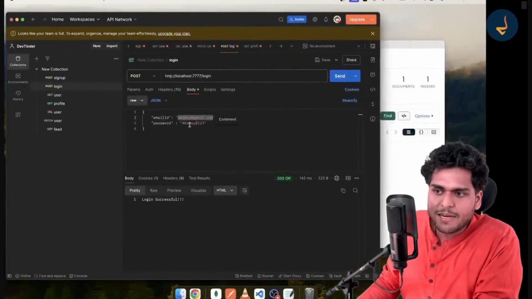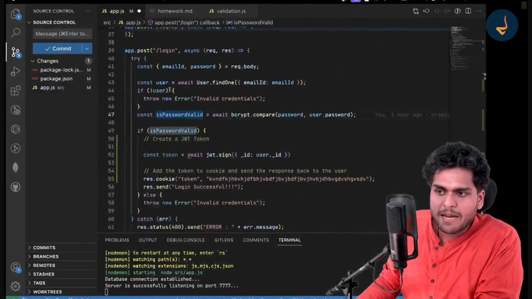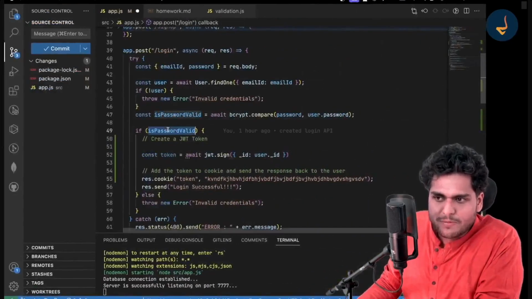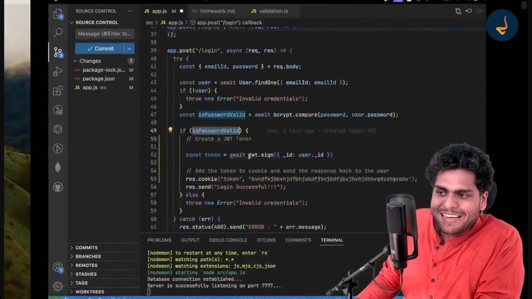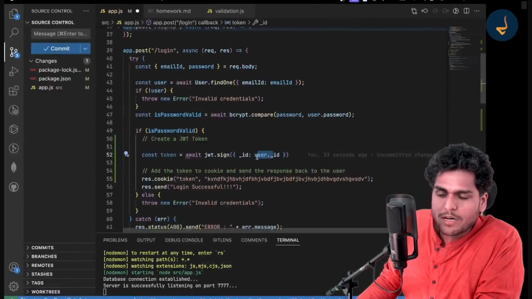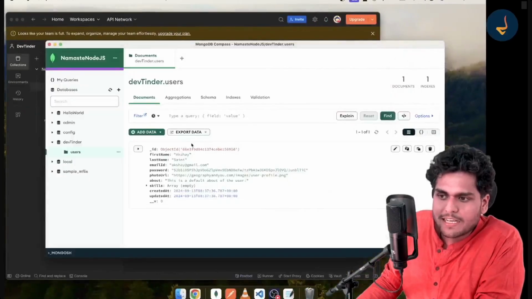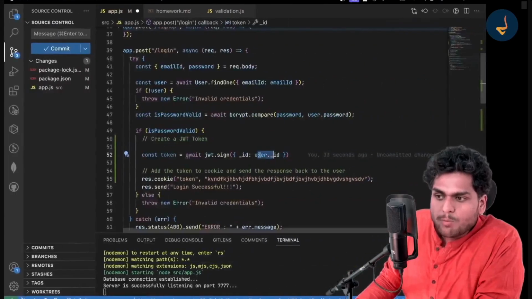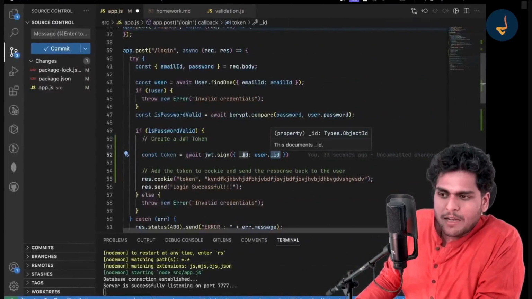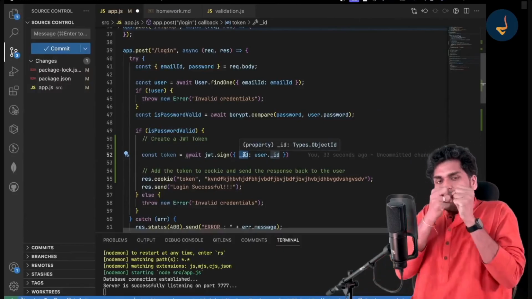If the email ID and password are validated, I will now get this user._id. This object ID over here is my user._id. I am hiding this information inside this token,